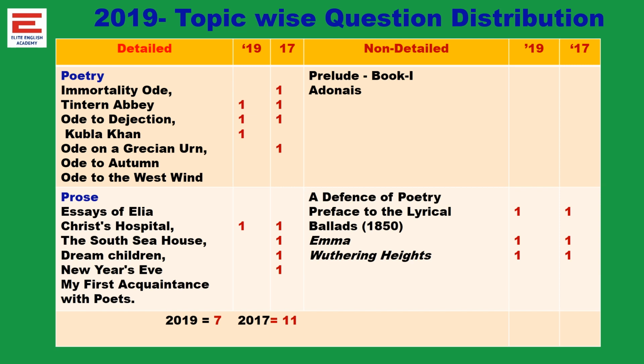The remaining questions are allotted for GK and educational psychology. So we can be very clear about what we have to prepare: the important works. Probably, why are questions not asked from Prelude and Adonais, or from Defense of Poetry? That may be because from the same writers, questions from poetry and prose are available. So naturally, the most important works may attract the examiners from the question point of view.